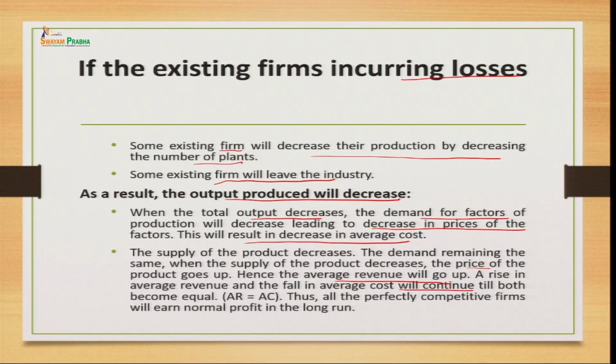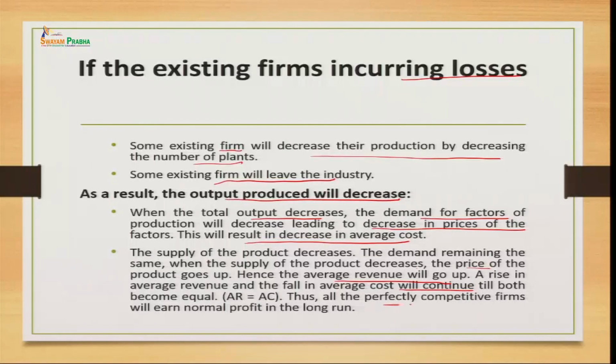So again, the firms operating in the long run will reach the point where their average revenue equals the average cost, because of the reduction in the total output and the reduction in the supply of the total firms. This will reach the point where the average revenue and average cost of the firm will remain the same. So, therefore, we are saying the perfect competitive firms will only earn normal profit in the long run. The conditions we have in the short run of supernormal profit, what happens there, we have understood well, and how the firms who were incurring the loss in the short run will behave in the long run, those considerations also we have studied.